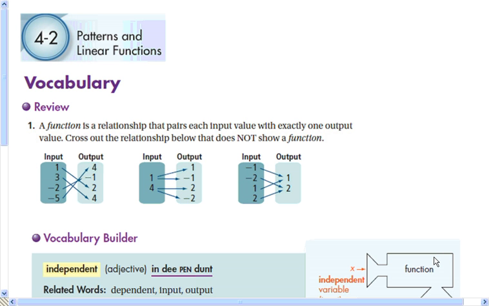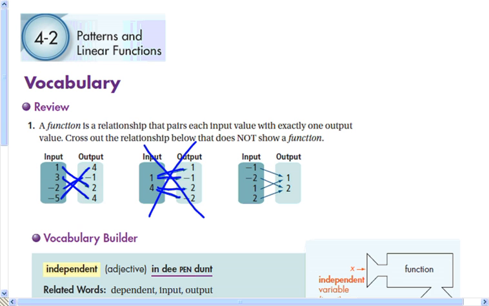Cross out relationships below that do not show a function. In this one, each input is paired with one output. 3 goes with 4, 5 goes with -5, 1 goes with 2. In this one, 1 goes with 1, and 1 goes with -1. In this one, 4 goes with 2, and 4 goes with -2. That one, there are 2 outputs for each input, so we're going to cross that one out because that does